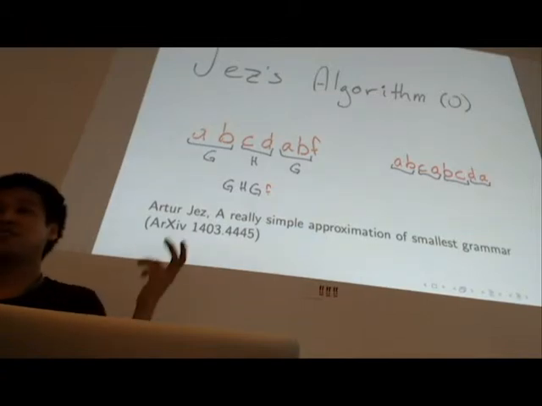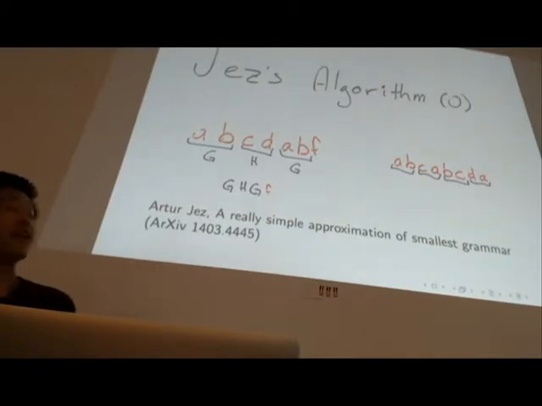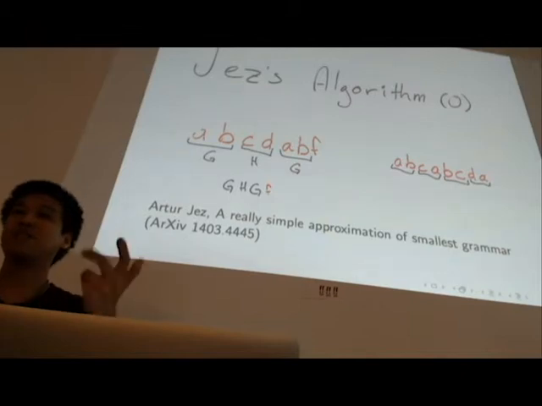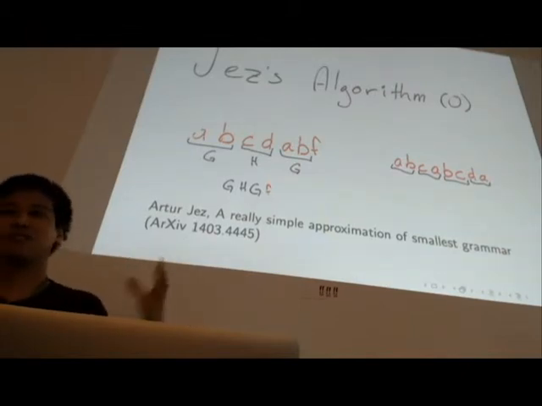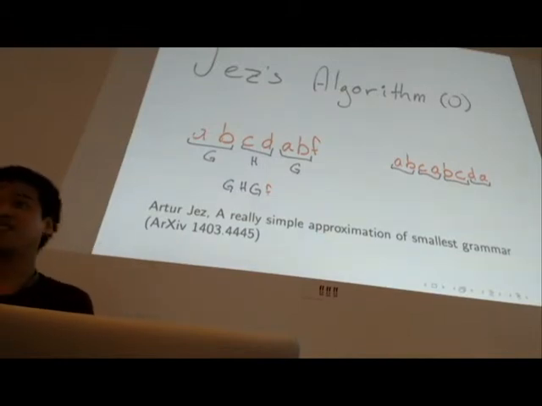Then second pair, CD, call that F. And then third pair, AB. Oh, hey, I've seen this before. This is still G, finally F. And now you get a smaller string with a mix of terminals and non-terminals, GH, GF, and you do that